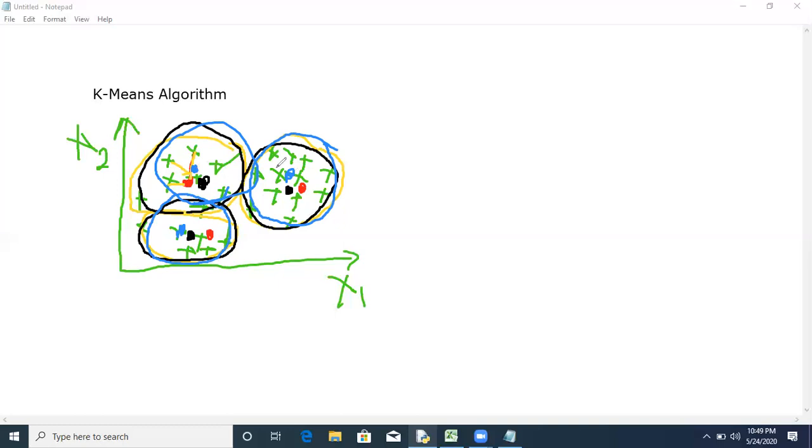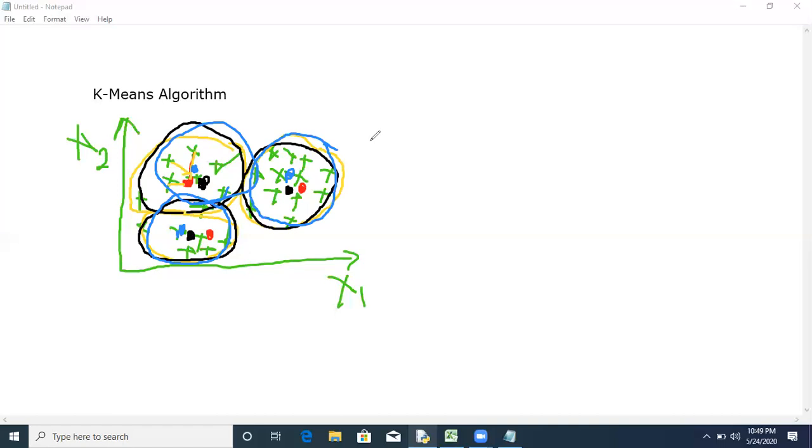These blue colored ones are the third iteration, and so on. We will extend this iteration until we get accurate clusters. This is how we categorize the data into clusters using the k-means algorithm.